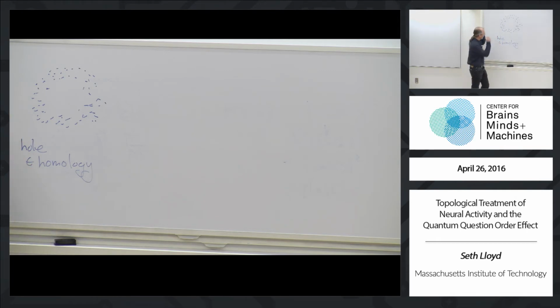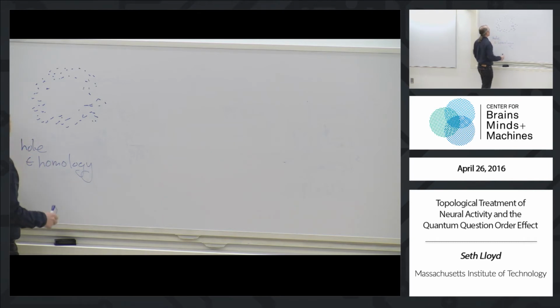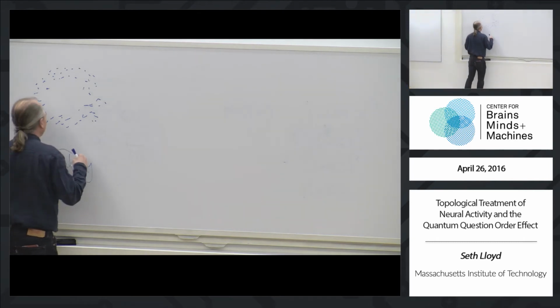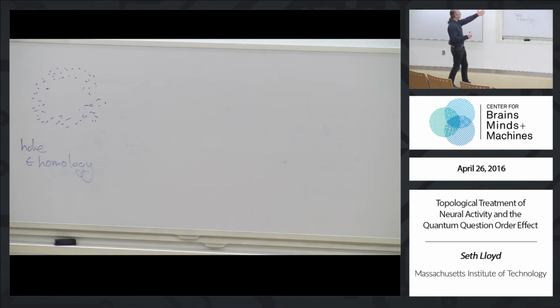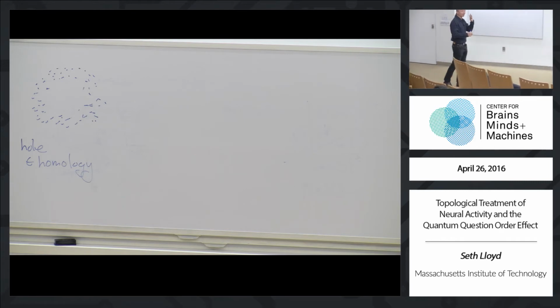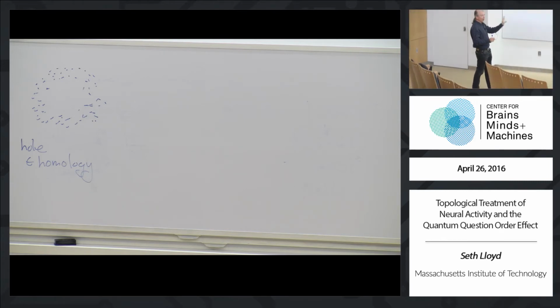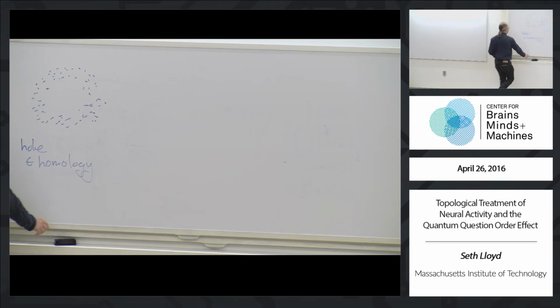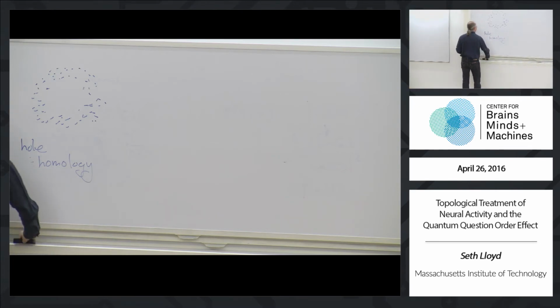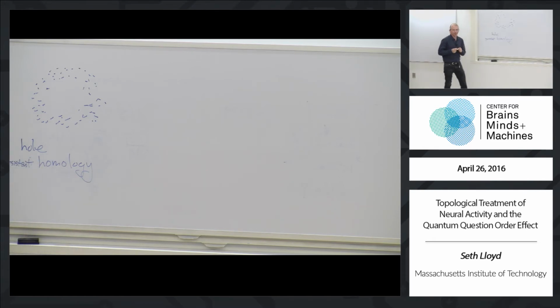So the hole belongs to the homology, and the idea is that if at some level of fuzziness you find a hole, and it persists over many levels of fuzziness until finally it goes away, then this hole is a real feature of whatever the thing was that you took the data about. Okay? So in fact, this theory is called persistent homology.